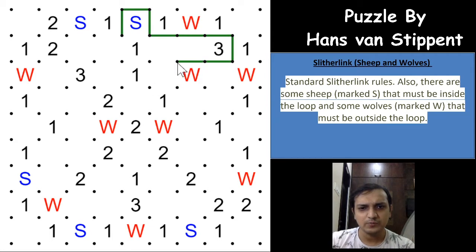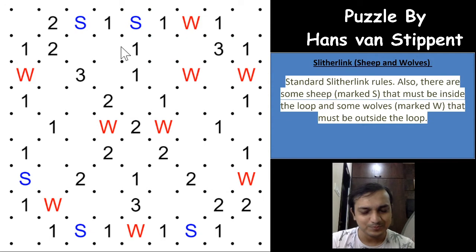So let us assume that you have a grid here, and a loop here. If you see, this W is outside the loop, and this S is inside the loop. The green shaded cells are the inside of the loop, and all the other cells are outside the loop. So when you have completed drawing the loop, not even a single sheep should be outside the loop. All of the sheep should be inside the loop, and all of the wolves should be outside the loop. That is what the rule says, the extra constraint, and this makes the puzzle more fun to solve.